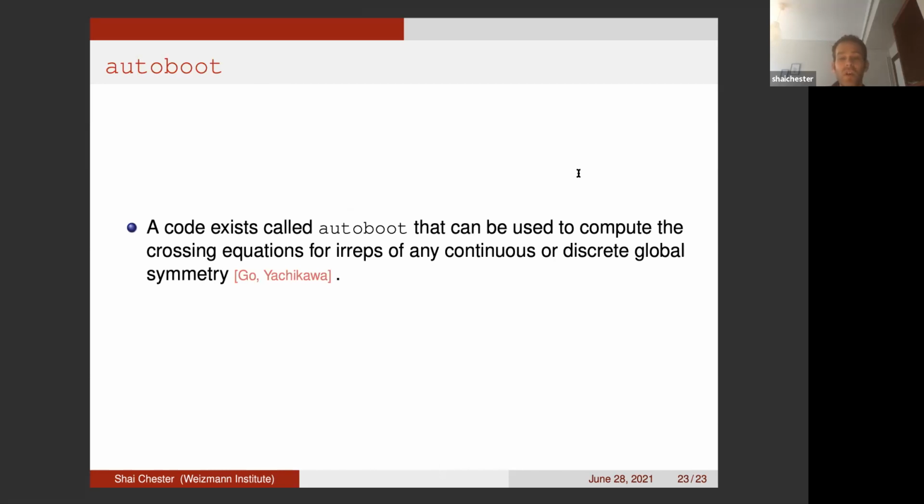actually be used to compute the crossing equations for operators in pretty much any representation of any continuous or discrete global symmetry group, which was done in this wonderful paper by Yuji Tachikawa and his graduate student. And so this means that you shouldn't be afraid of computing crossing equations for all kinds of crazy groups, which used to be a barrier to doing the Bootstrap, because that is not a barrier at all. It can just be done automatically for you using the code from this paper, and it even puts it into